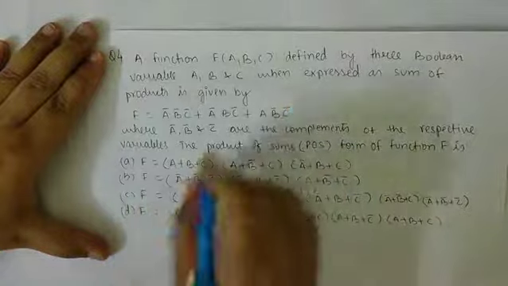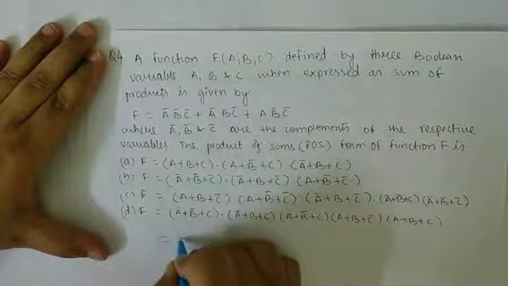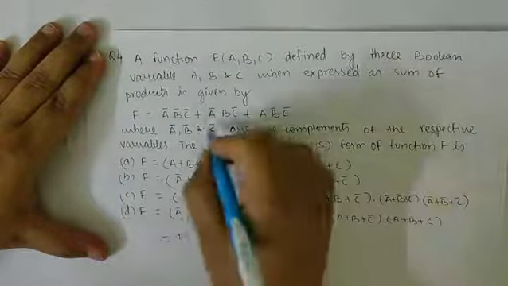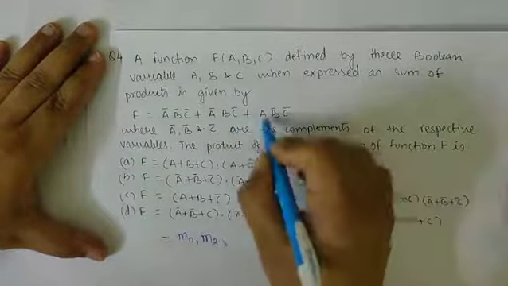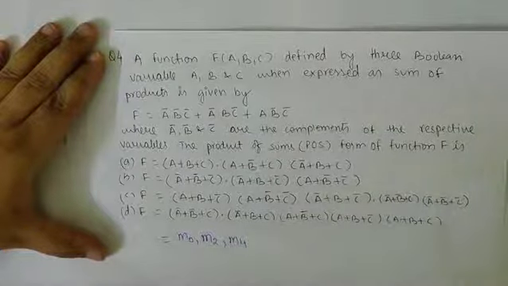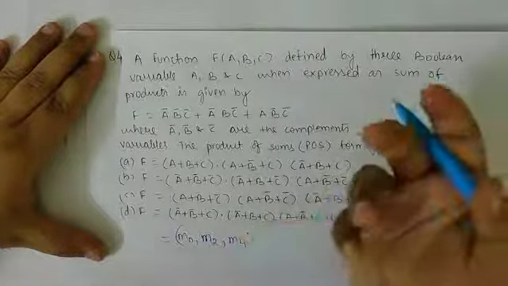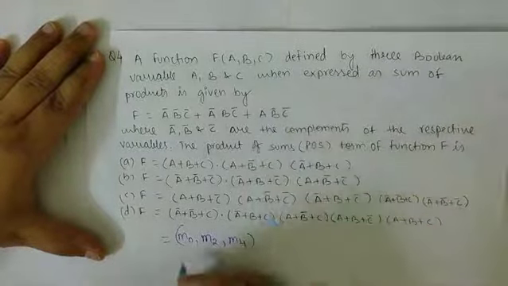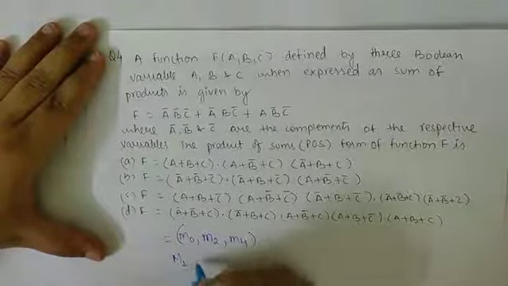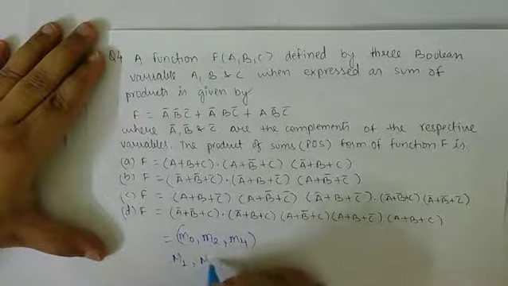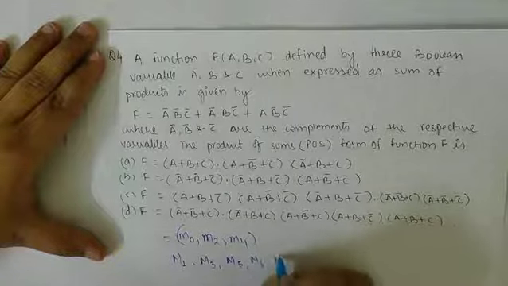This is there. So from here we can write that this is m of 0, this is 0 1 0, that means 2, m of 2, and this is m of 4. So in POS form we will get just the opposite of what is there in SOP form. So in POS form we will get m of 1, 3, 5, 6, 7.